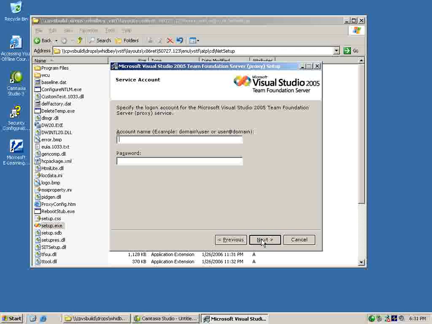So there is no way for an administrator of a proxy at a remote location to know like what service account was used to execute the Team Foundation application tier. Also, there are cases like, how do I do the password maintenance, and I don't want to reveal my application tier service account password to some local administrator at